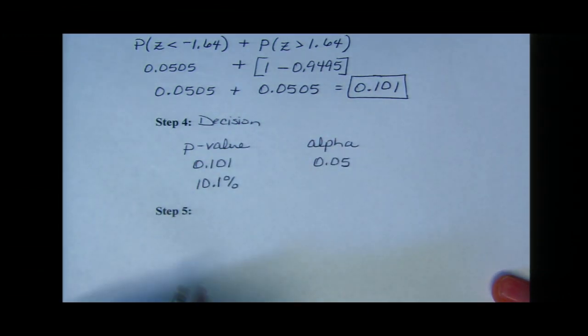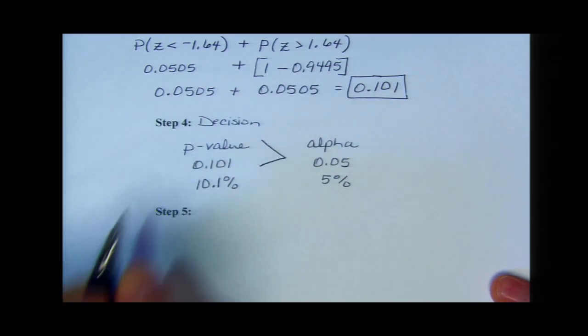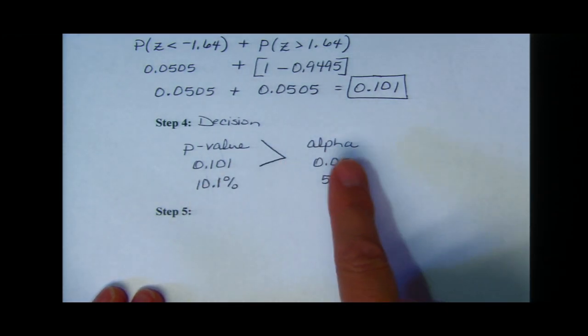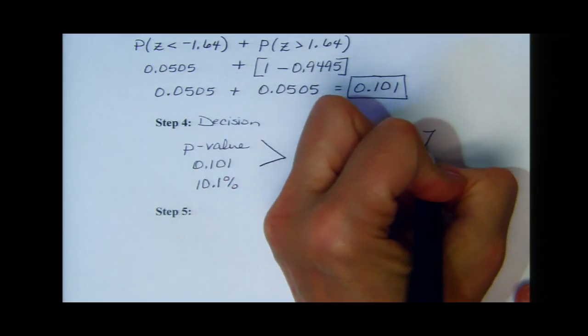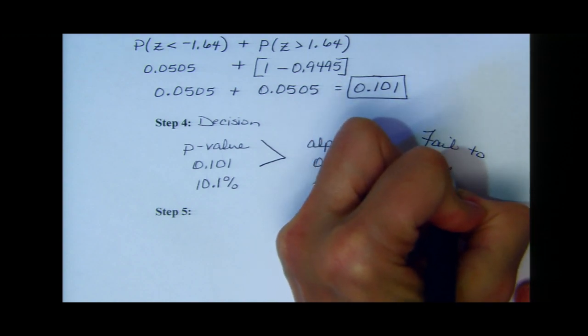That was given up in the original problem, which is 5%. So the likelihood that we make a type 1 error is greater than our willingness to make a type 1 error. So I'm not willing to go on record and say things have changed. So in this case, we fail to reject the null,